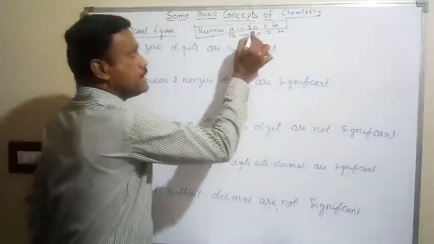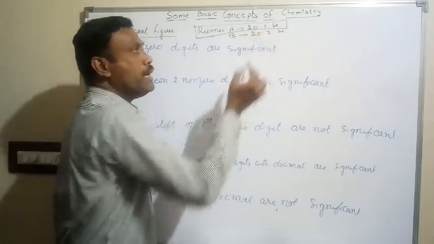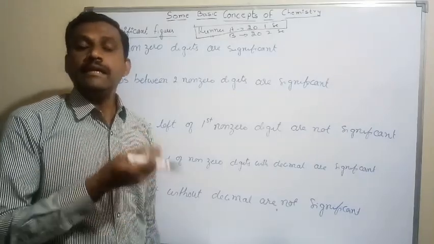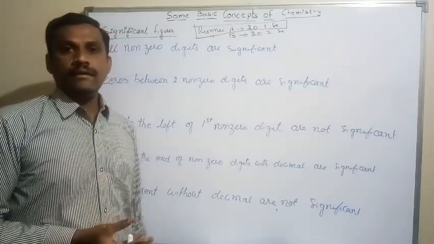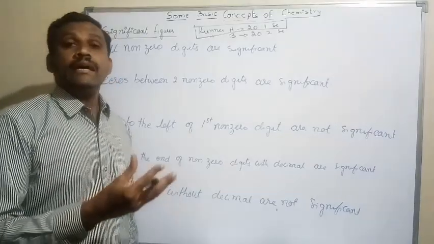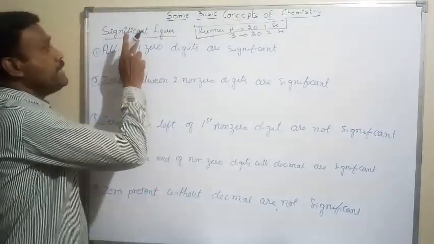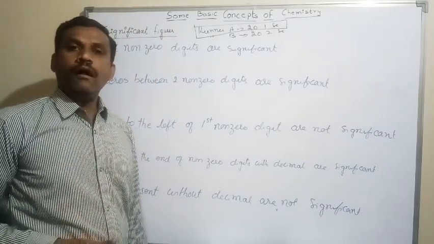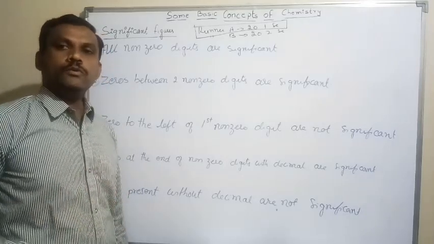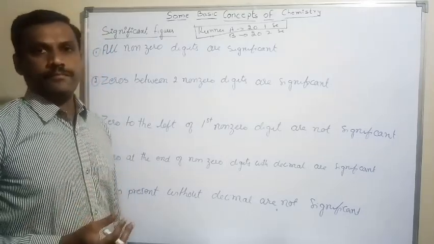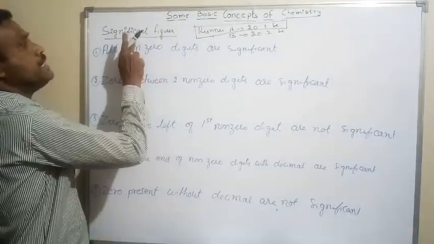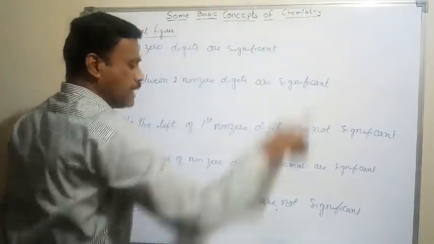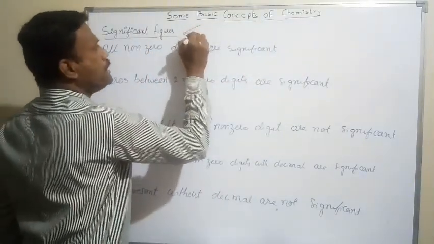So these digits 20.1 and 20.2 are important. They tell exactly who won the race. So digits that give meaning or importance to certain numbers are called significant figures. Here we can find two types. These are obtained by